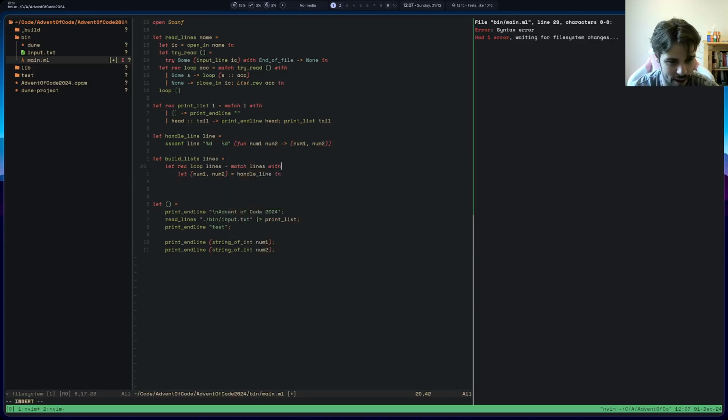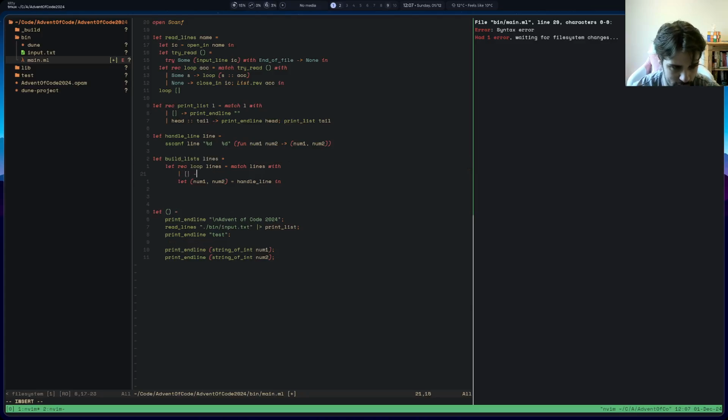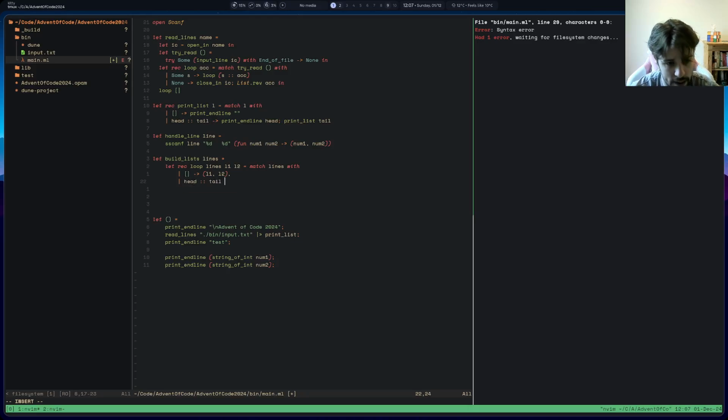Okay, I'm getting the hang of it, slowly, very, very slowly. This L1, L2, return L1, L2. Heads, tail, we go and we return, we want to accumulate into L1, L2. We're going to do loop with line, with the tail,